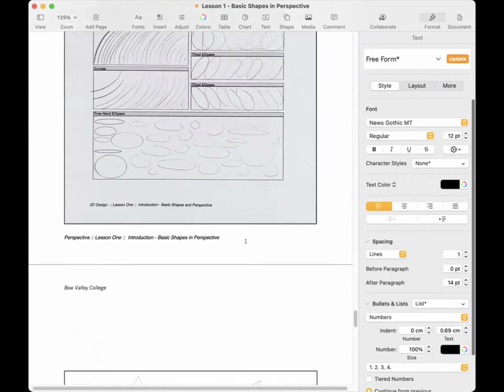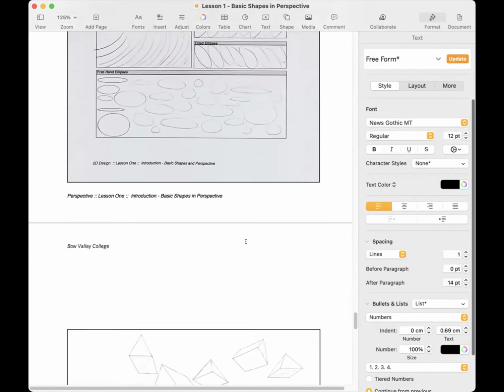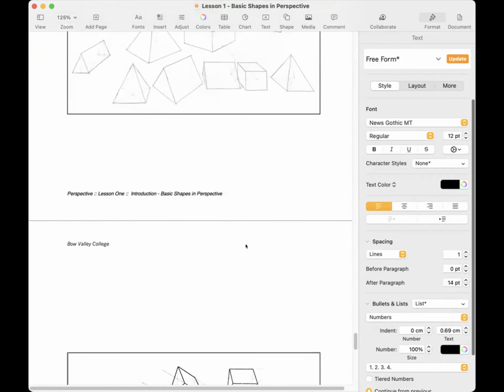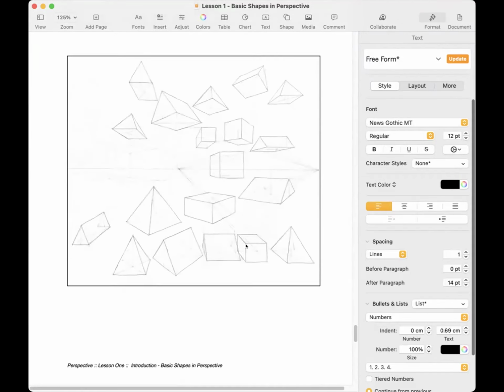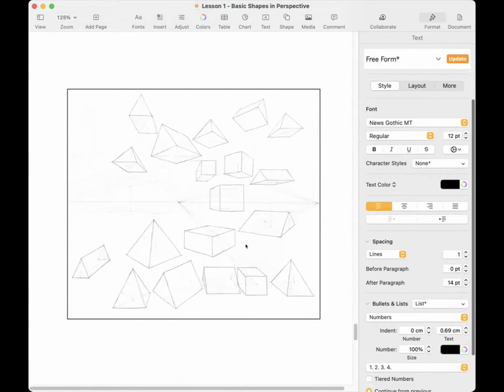Okay, so all I want is 2 pages, and then you're going to combine those things into a single PDF. This is a digital version versus a traditional version. I highly recommend that if you have the capacity to do this, that you do this assignment and all other assignments digitally. It'll make your life a lot easier, but you can do it traditionally.